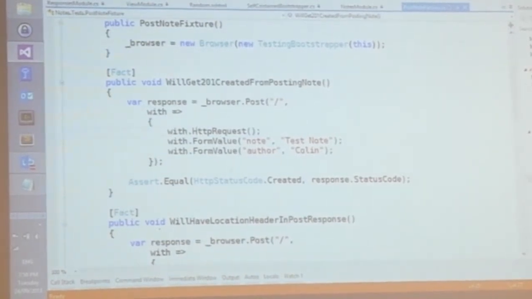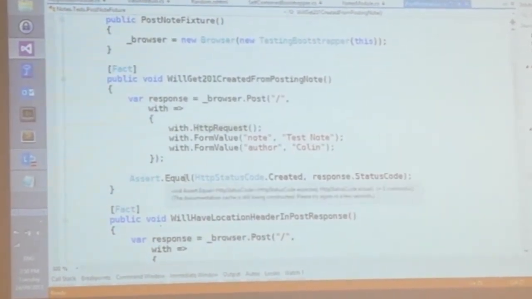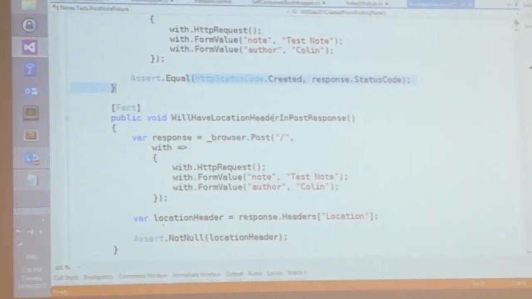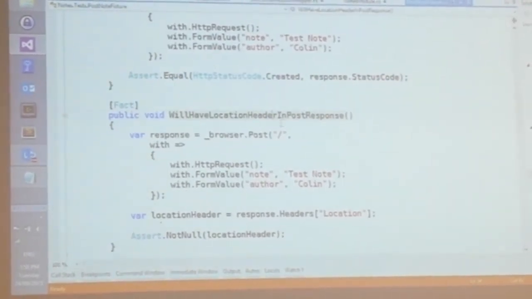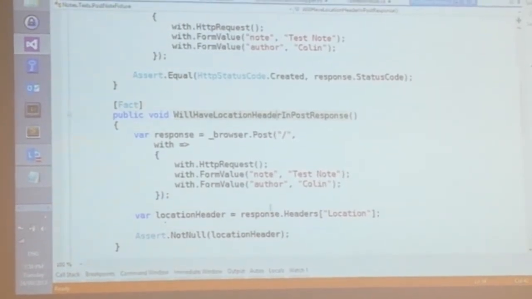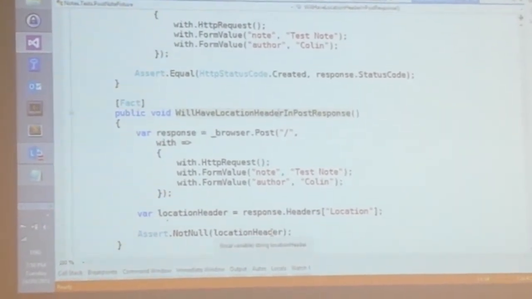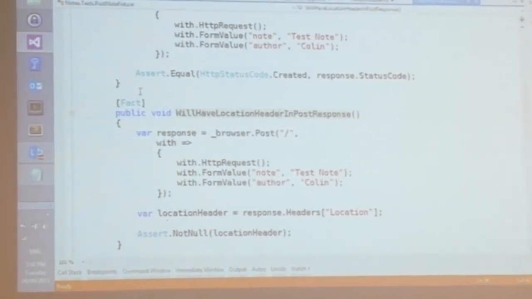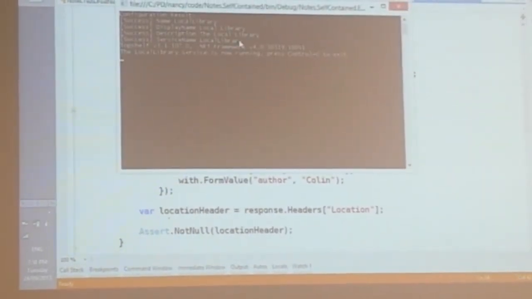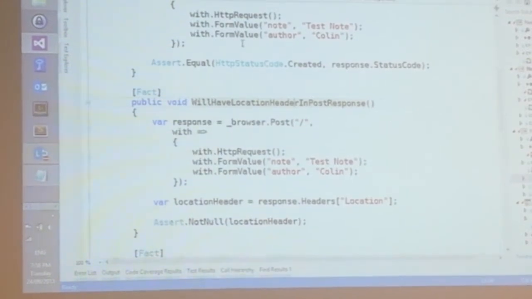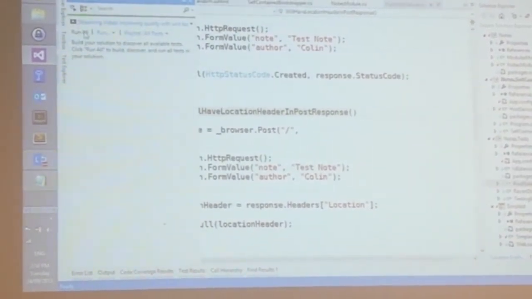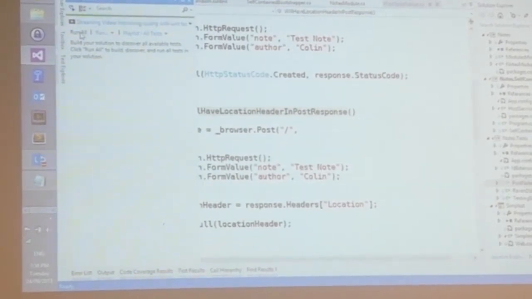I'm going to have a look. There's my request. Here's some values. And then I'm going to just check that the result's there. Or I can come back and check that I've got a locator location in the post response once I've done that, and I'll check the location and so forth. Really straightforward, no IIS running. So if I actually turn off my app here, Control C just to exit that thing, nothing's running. I just go to Test Explorer and hit the magic run all button in a second.